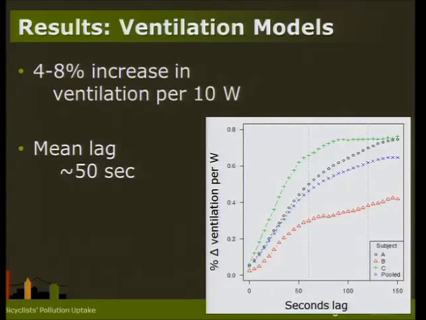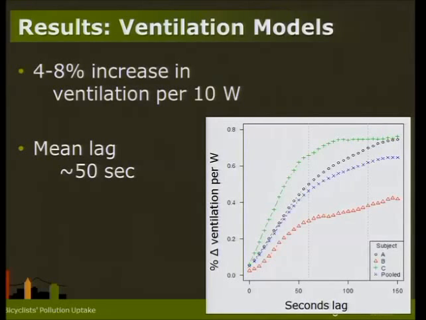So we had them riding a stationary bicycle. Similar, but actually slightly lower for all 3 subjects. And so the takeaway there is that the dynamic response seems to be a little bit smaller than the steady state response to exercise. And there's also some support for that in the literature. So in other words, if you're just bicycling at a constant 100 watts versus a fluctuating power output that averages 100 watts, the ventilation response is a little lower if it's a dynamic workload.